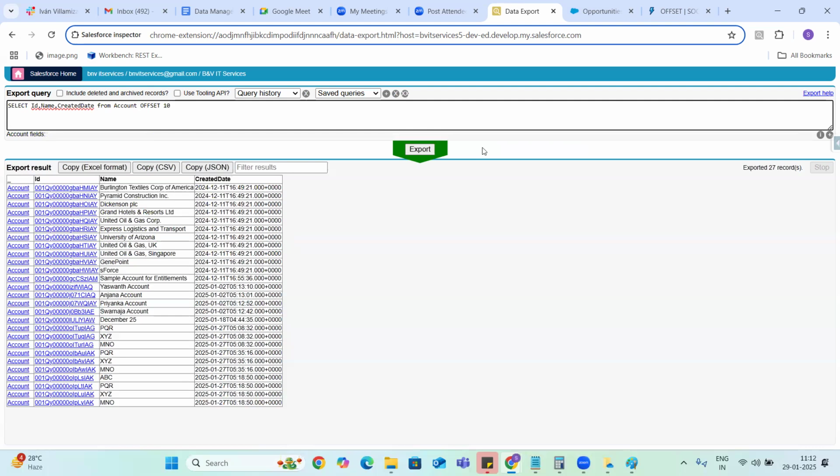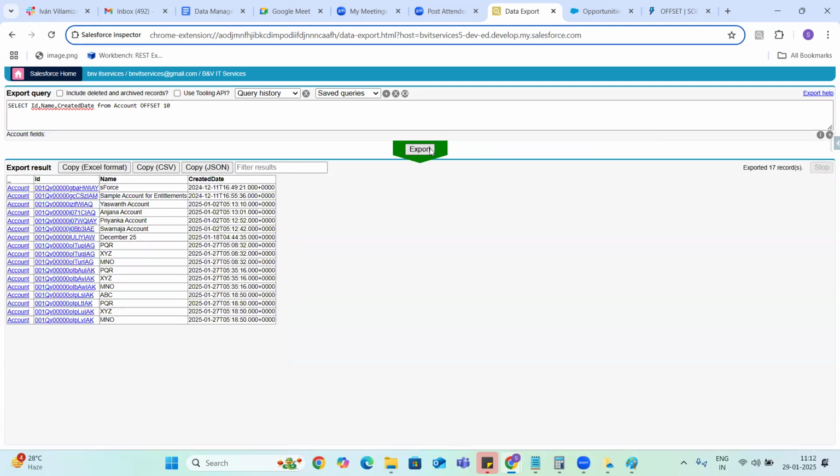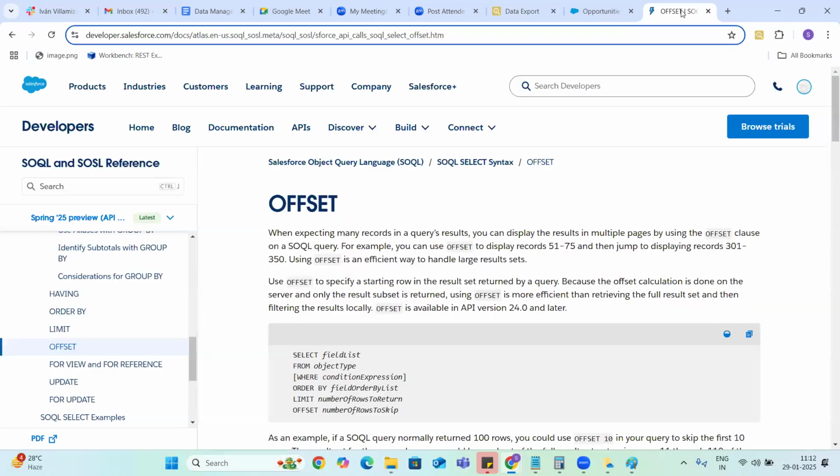So offset is used when, out of the results, you want to ignore the initial records. That is what they explain here.